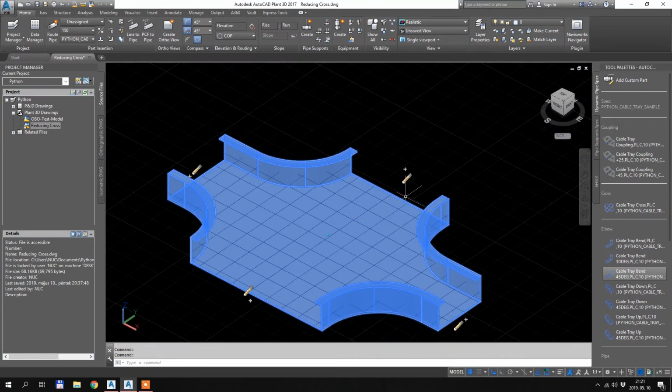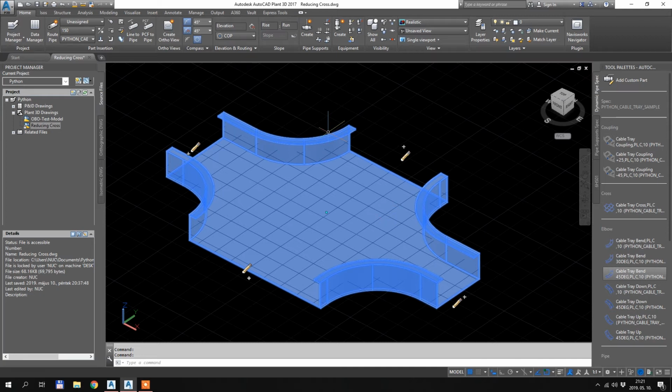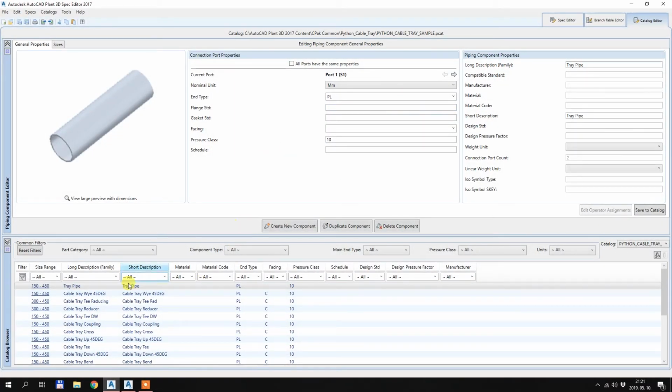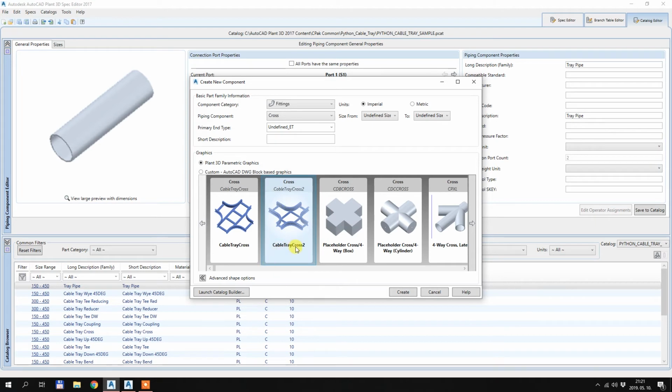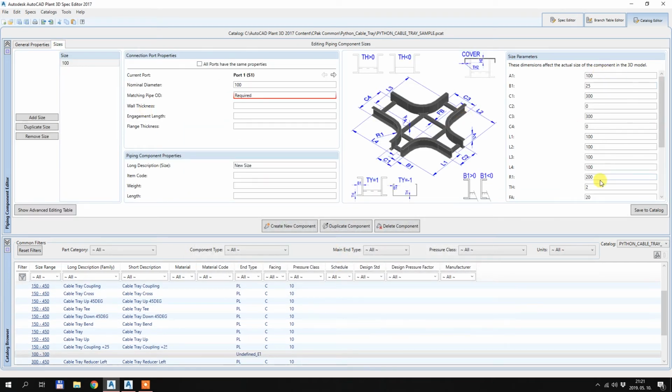So this is it. You can obviously use it as an equipment, but as usual, I recommend to create a catalog first in the spec editor and fill this catalog with all the items you need. And if you hit create new fitting cross, you will have this cable tray cross 2, which is the reducing one. From the preview picture you will be able to see it. So if I enter 100, 100, create, so all the parameters are here,